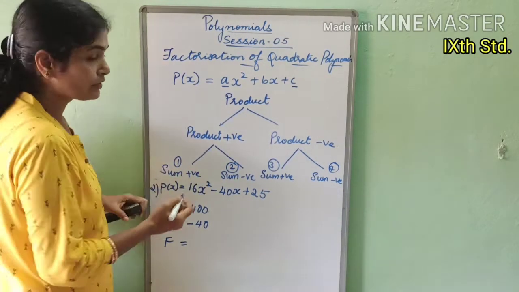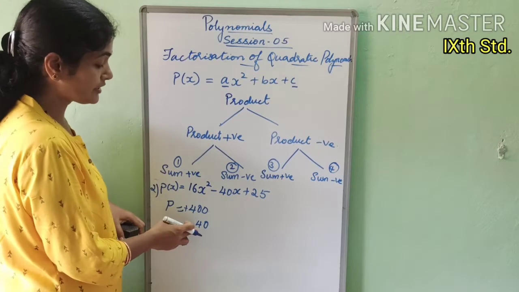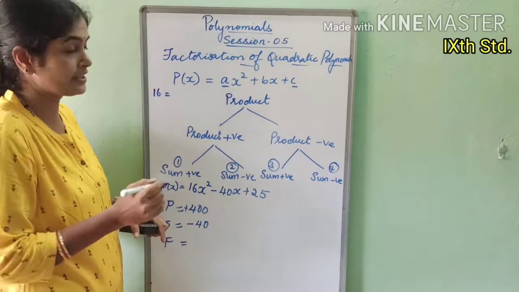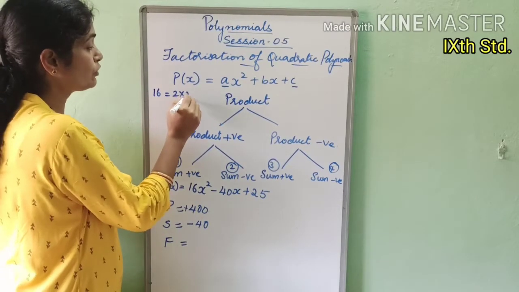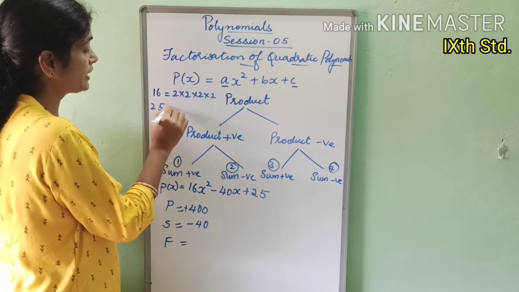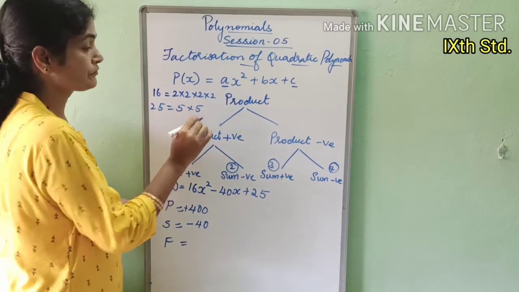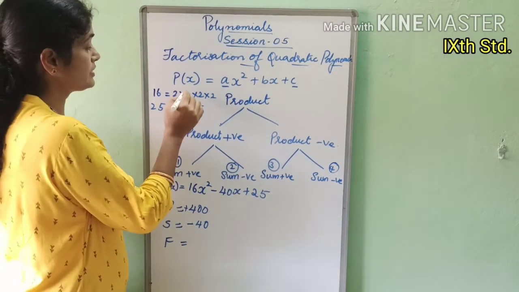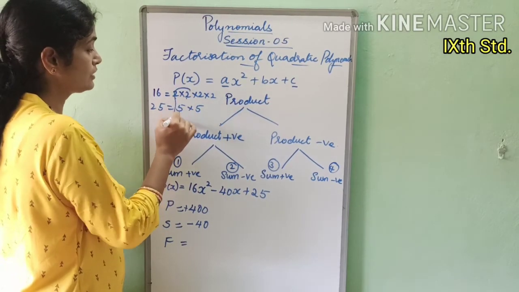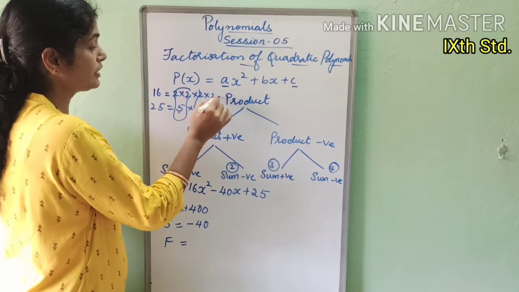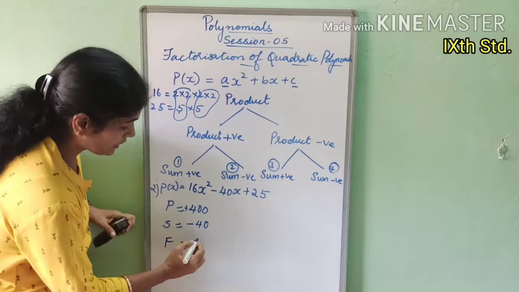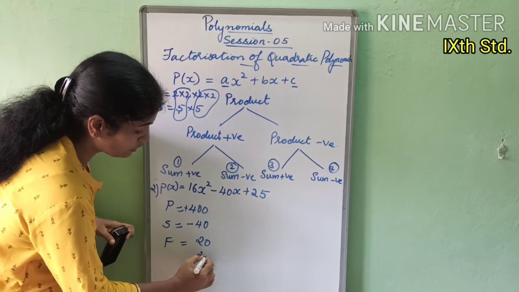Okay, then what may be the factors you will get for it? It is 40. So 16, you take the prime factors of 16: 2 into 2 is 4, 4 twos are 8, 8 twos are 16, and 25, if you take, is 5 into 5. Right, so what happens if I multiply like this? 2 twos are 4, 4 into 5 is 20, and 4 into 5 is 20, 20 plus 20 is 40. Okay, so factors are 20 and 20.